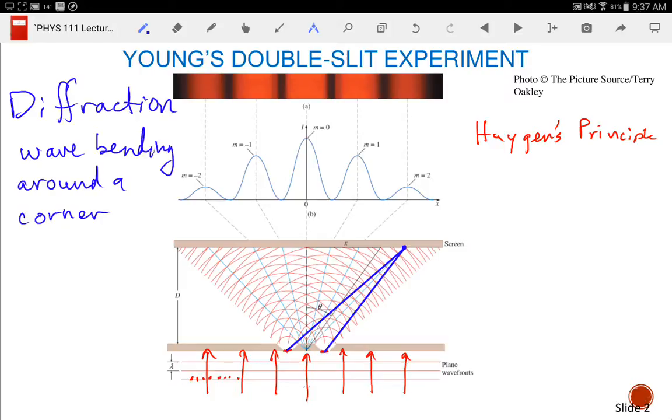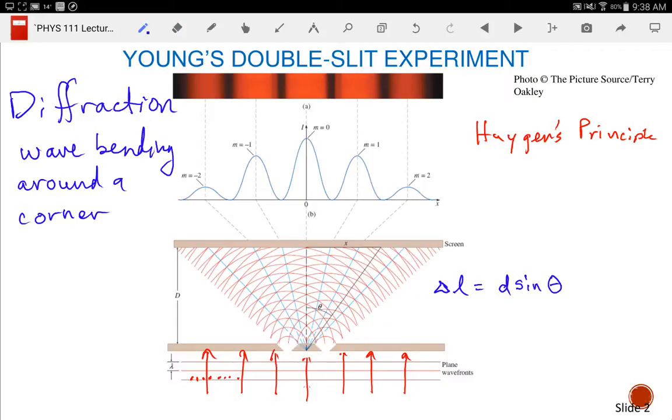And so from doing what we call the Fraunhofer or far field approximation, saying that the distance capital D here, the distance between my slits and the screen, is very large compared to the distance between these two slits here, which we usually use a lowercase d for, in that case, it turns out that my path length difference is equal to the separation of the slits times sine of theta,